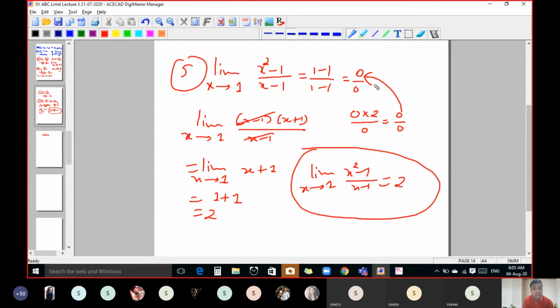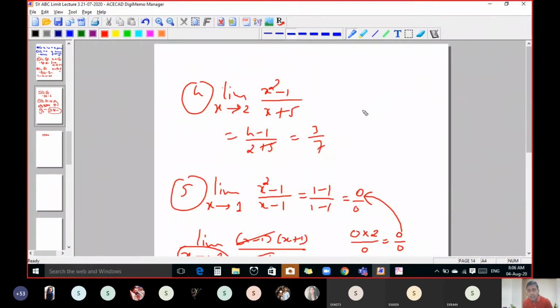Now what is limit? Listen, if this is not possible to cancel if x is 1, then what is the meaning of x tends to 1? Listen carefully. X tends to 1. Meaning of that is the value of x is very nearer to 1, but not 1. So that means what? X may be